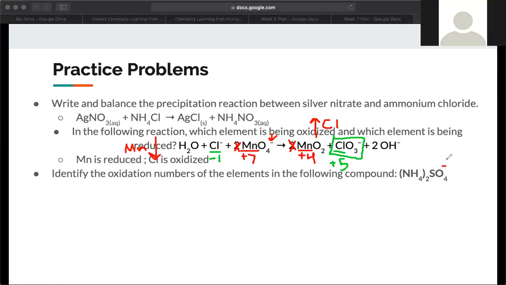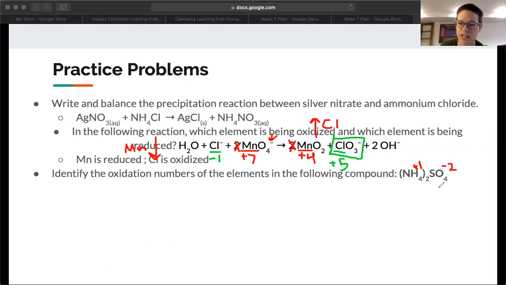H and O. So I know the O is a -2 and the H is a +1. But then I've got to figure out the other things. So it's actually easiest if you break this up and say, okay, I've got the polyatomic ion, SO4. That whole thing has a 2- charge. And I know that my oxygen is a -2, which gives me a total of -8, but I'm supposed to have 2 left over. So my sulfur must be a